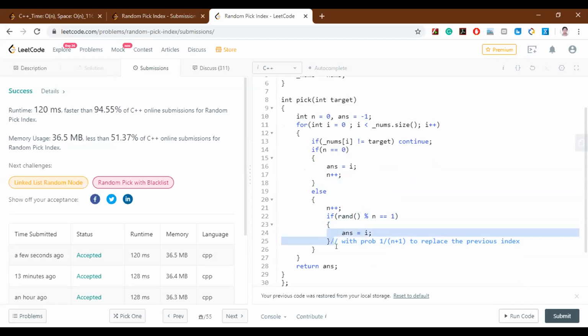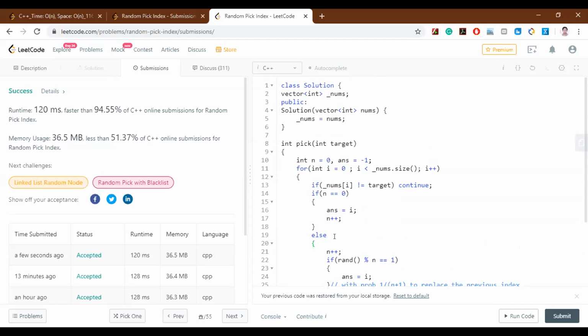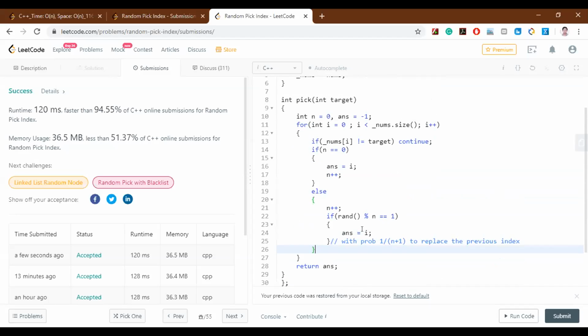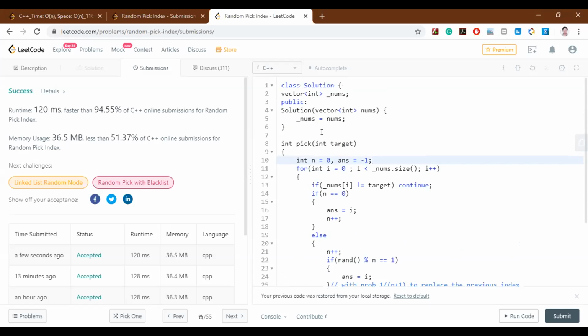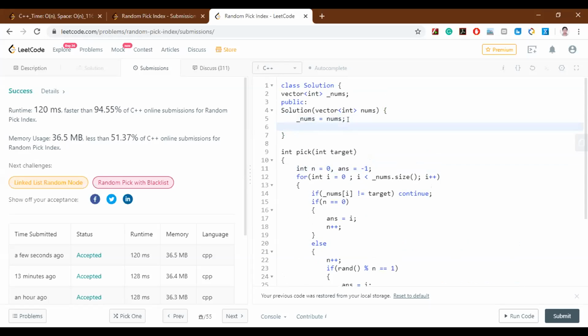Like a mysterious one. The rand function internally does that, but you have to seed the rand function at the beginning of your solution. If you do that, then actually it will give a wrong answer. No, it won't give a wrong answer. Don't do it here. No, you don't have to do it here. What you have to do is do it in the solution constructor. Just here? Yeah, you have to do it here. Do srand(time(0)), yeah.